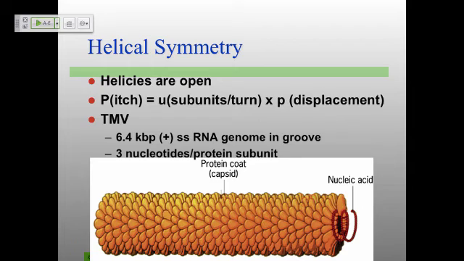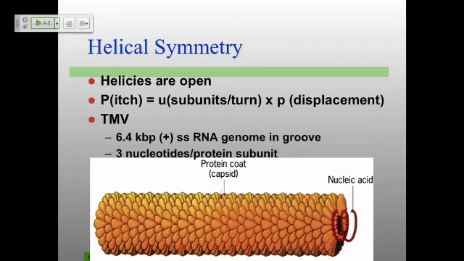But you can also define helically symmetrical structures in a similar kind of way, just conceptually, to your icosahedron, where you talk about T numbers, etc. This is the pitch of your helix, which is the number of subunits per turn times the displacement. And if you look at how each of these subunits is arranged, in this case it's tobacco mosaic virus. The way this works is literally a binding of 3 nucleotides per protein, and each of those proteins interacts with each other in an exactly equivalent way